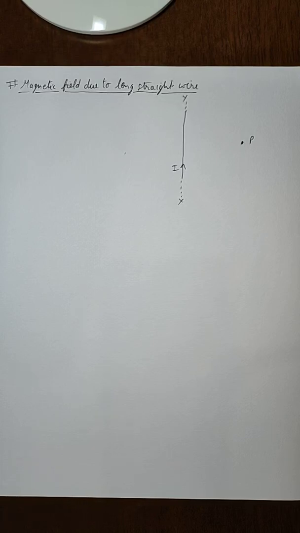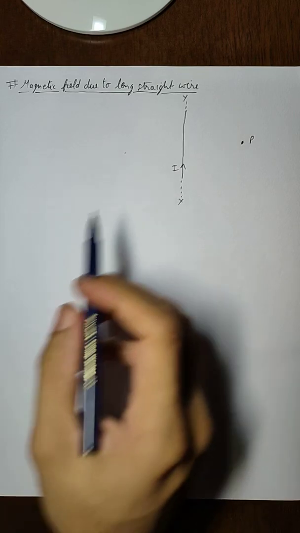In the previous videos, we studied various properties of magnetic field and magnetism due to electric current inside a conductor. We also studied how to find the direction of magnetic field when there is a current flowing in a conductor. And we studied a very important law called Biot-Savart's law. So in this video, we are going to apply this law to find out the magnetic field at any point